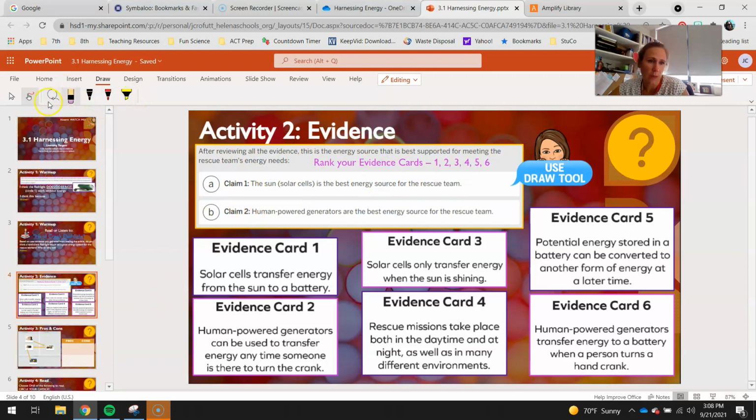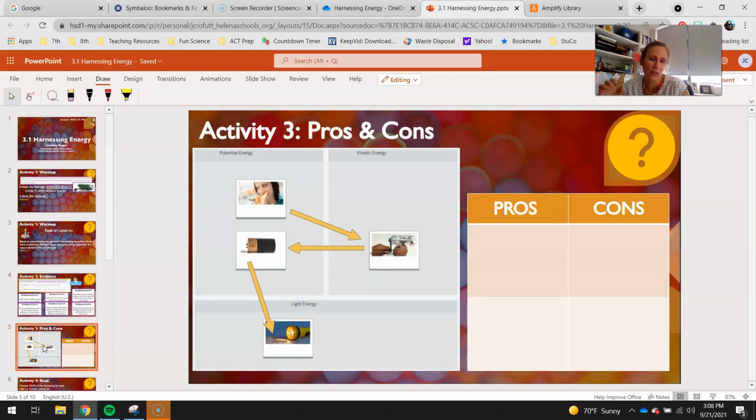All right, once you guys are done with that, we're going to go ahead, click back on our cursor, and move to activity 5, okay? This is going to be a pros and cons list for a hand crank generator. So this is just the little energy transfer diagram that shows that obviously if you have a